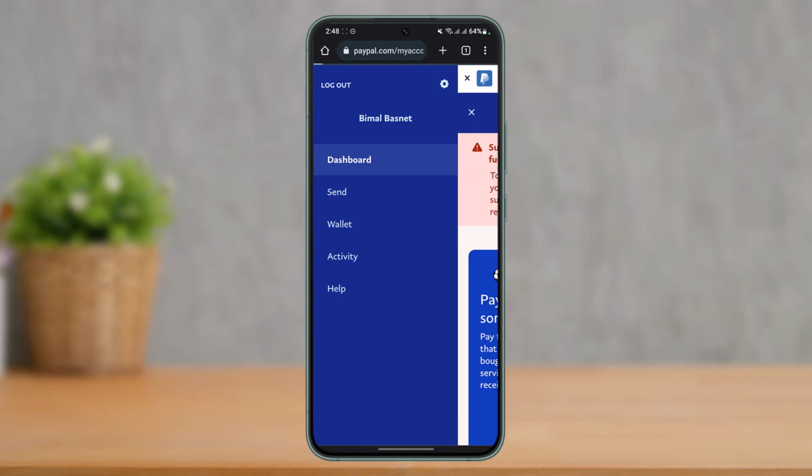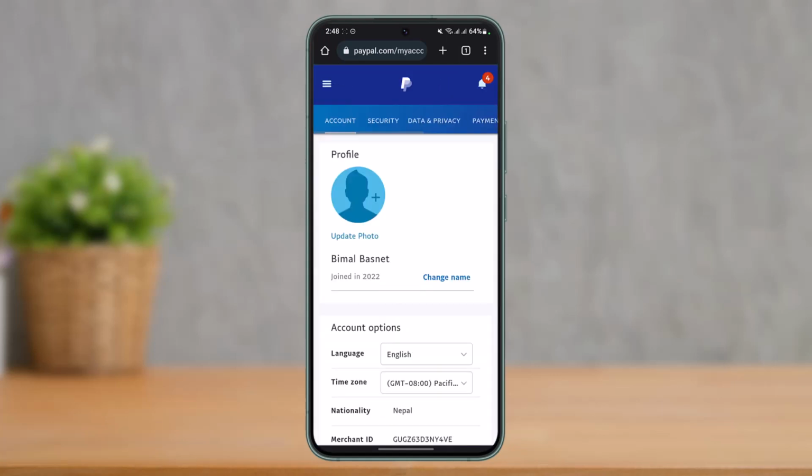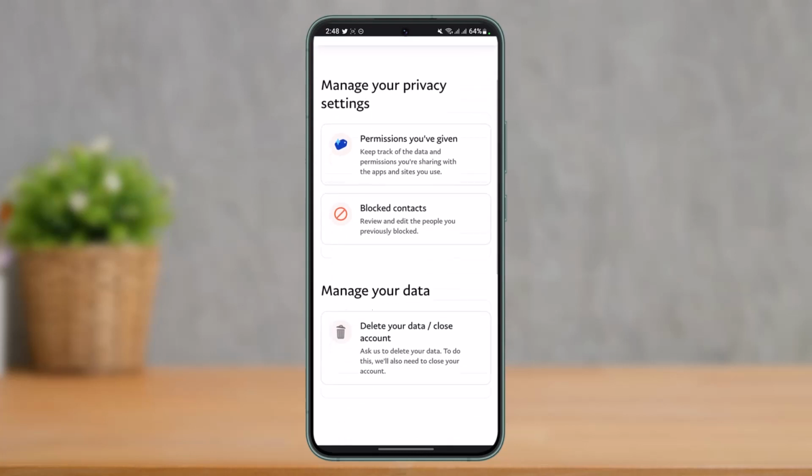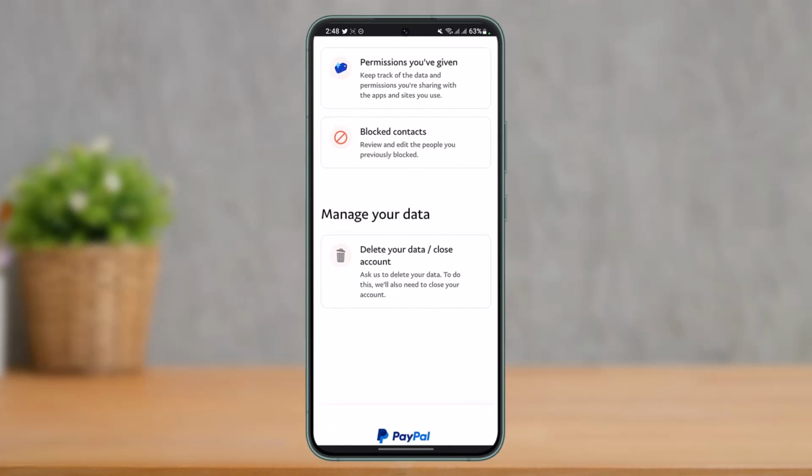As soon as you tap on the gear icon, on the next page you will see this kind of interface. Now here you can see multiple menu options at the top. Just go to the one that says data and privacy, as you could see over there. As soon as you go to data and privacy, again you'll see this kind of interface which says manage your privacy settings, but we're going to scroll down under the manage your data section